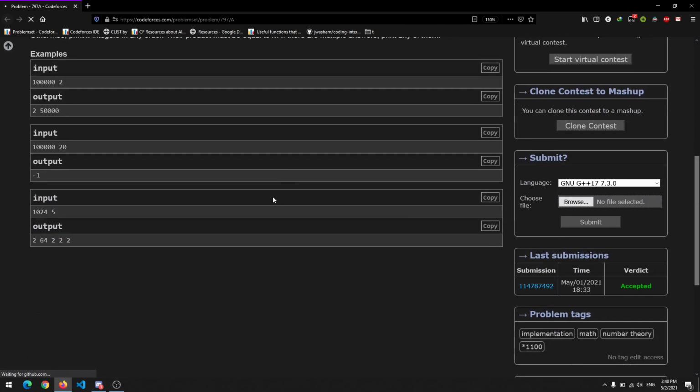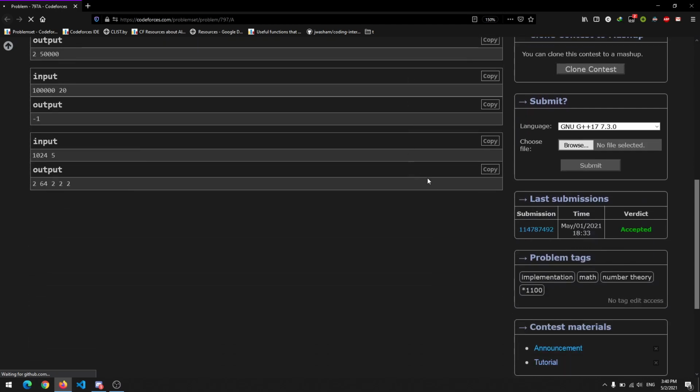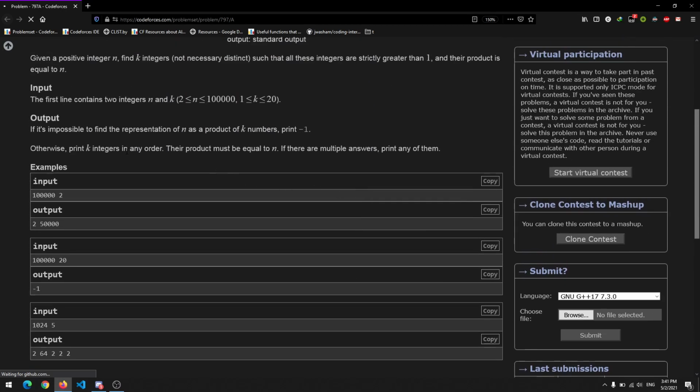This problem, I was stuck here, I didn't know what to do, so I'll explain how I came up with a solution. I did not actually come up with a solution. I did not look at the editorial, though it says blue here; I looked at it later when I was accepted. I actually googled how to approach a number with k factors.